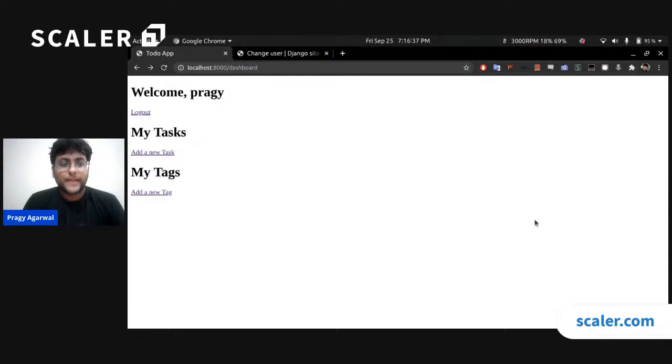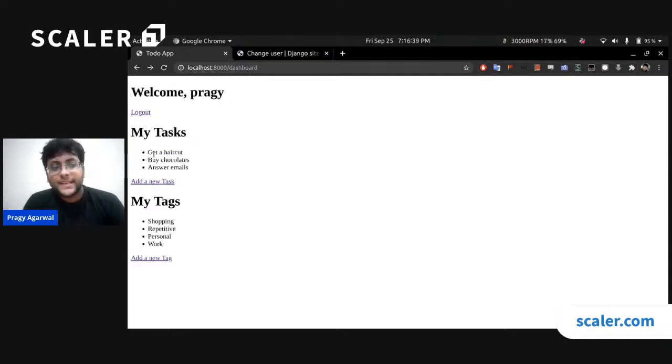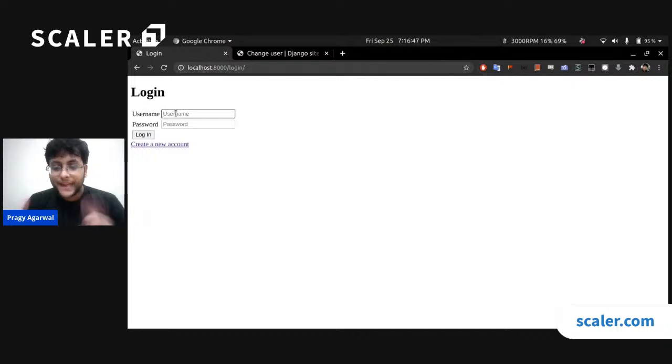So I'm going to go to my dashboard and I'm going to hit reload. And I see that, yes, I see my tasks and I also see my tags. Let me click logout now. Let me show you something interesting. If I click logout, so notice that we had an account for Raghav as well. Right? So if we now log in as Raghav,